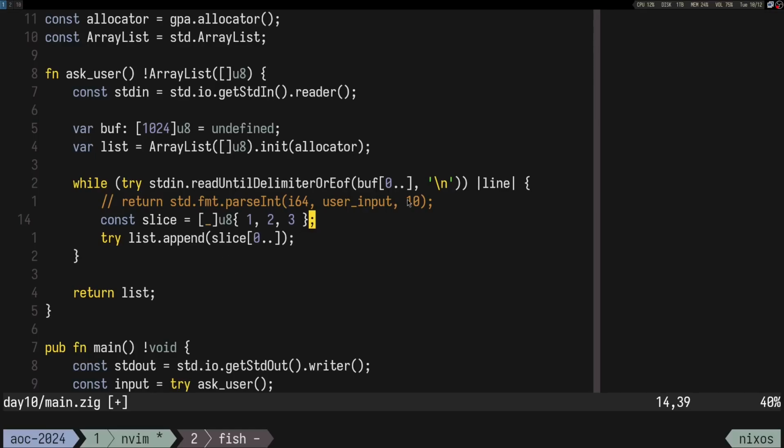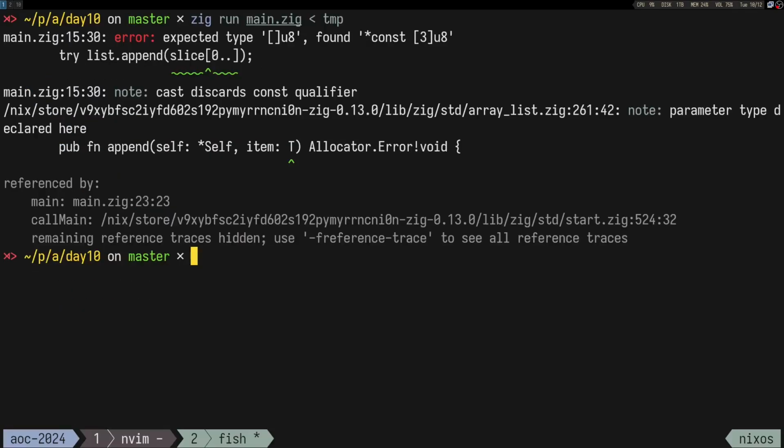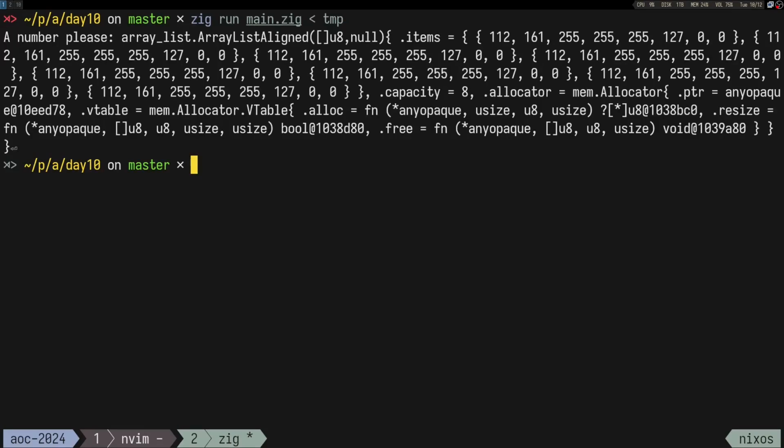Or is it already, maybe it is already what I need, right? What if I just say append line? Let's see the error. Oh, it was already that, but